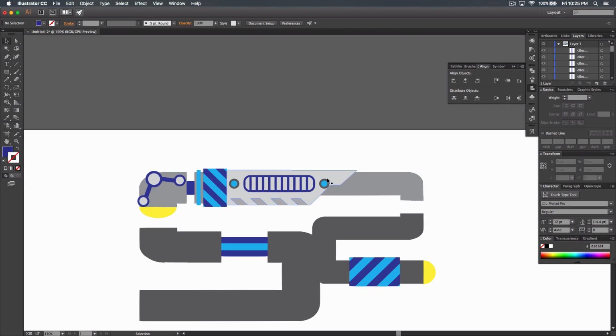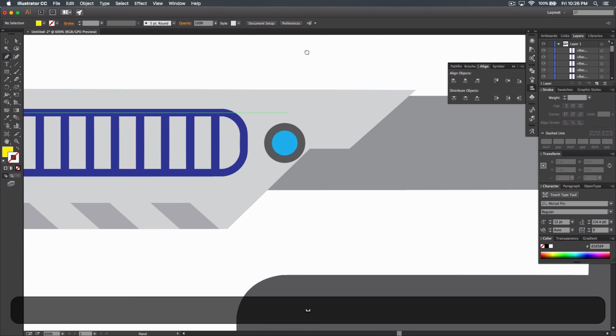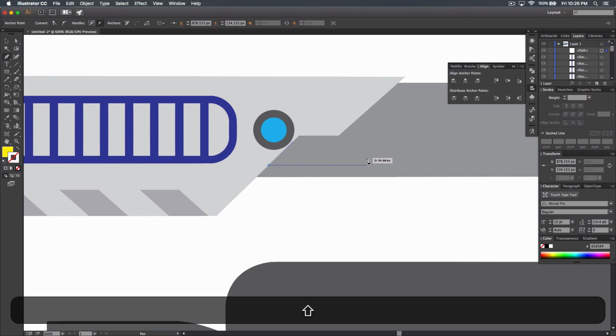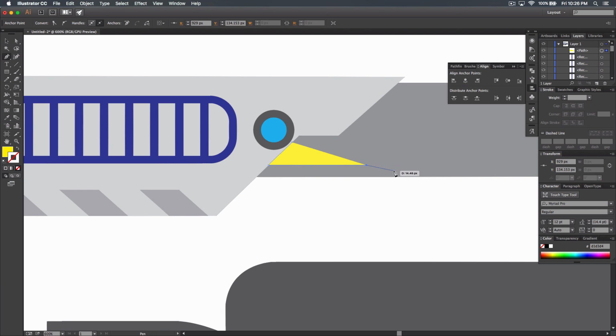And another simple effect that we're going to do is, let's get the pen tool and let's get that yellow, that tertiary color, and we're going to include this in here. I always like a little piece sticking out of here, so let's go ahead and click along this path. And let's create some sort of shape. So maybe, let's see. I mean, it's a little weird, but